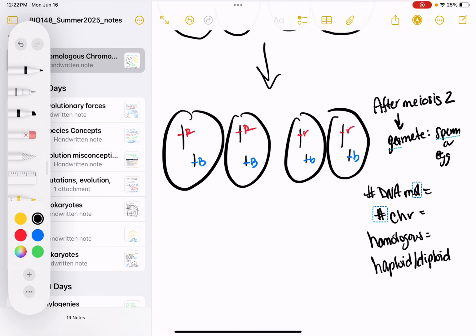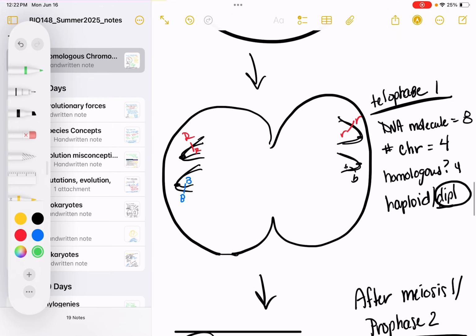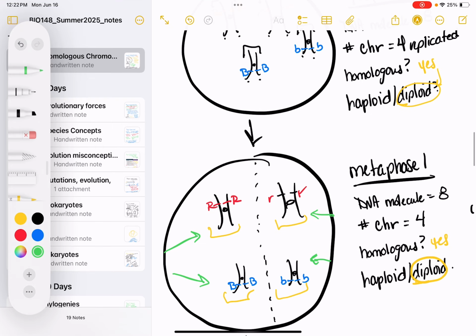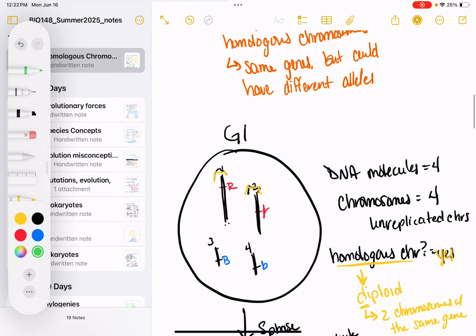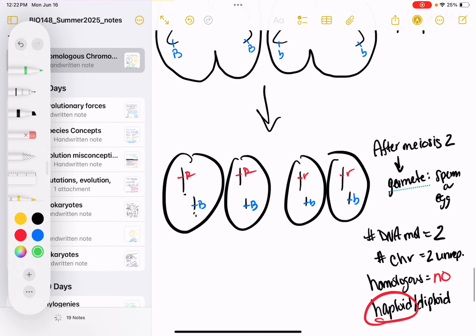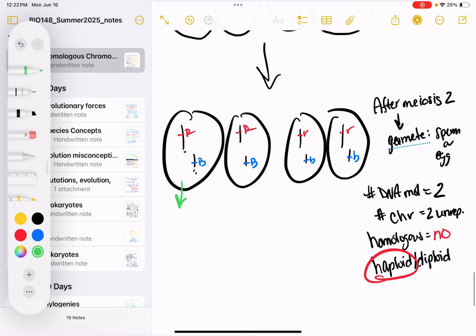Okay, so here, number of chromosomes, 1, 2. Number of chromosomes, 1, 2, but they're not replicated. 2 unreplicated, okay? Homologous is no, and so they must be in their haploid state. Note, though, that we still have, what color did I do those? Green, right? Let's go back up. Yeah, I still have these non-homologous chromosomes, okay? So I have both non-homologous chromosomes